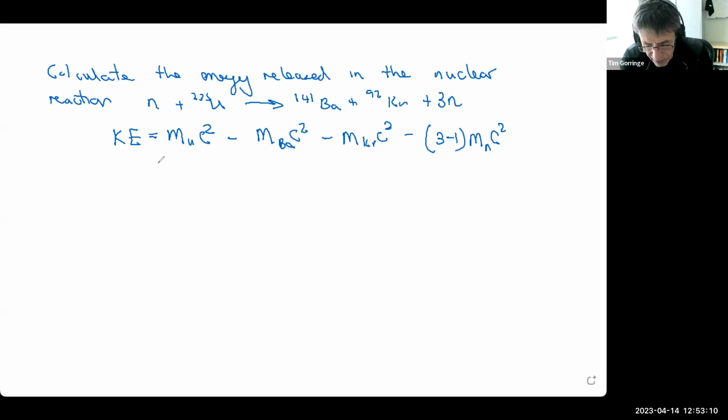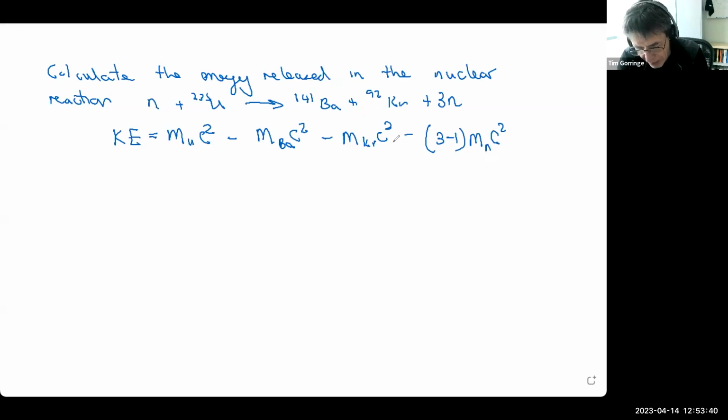So to calculate the kinetic energy released, we've just got to calculate all these terms that are sitting over here on the right-hand side, which means looking up the masses in a table of all these nuclei and the neutron, and multiplying these terms by c squared. So I've done that. Now, in the table that I looked up the masses, the units were